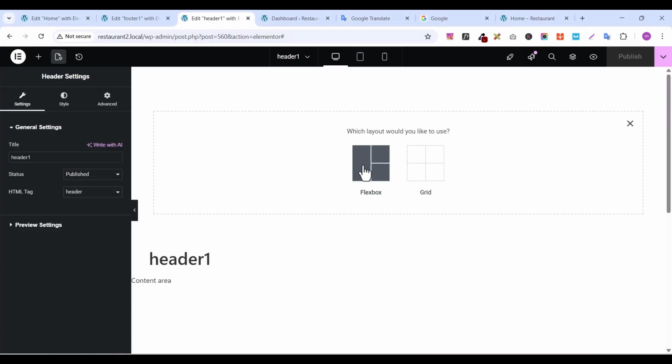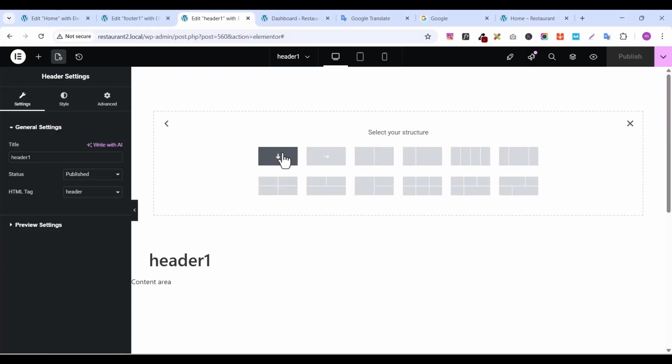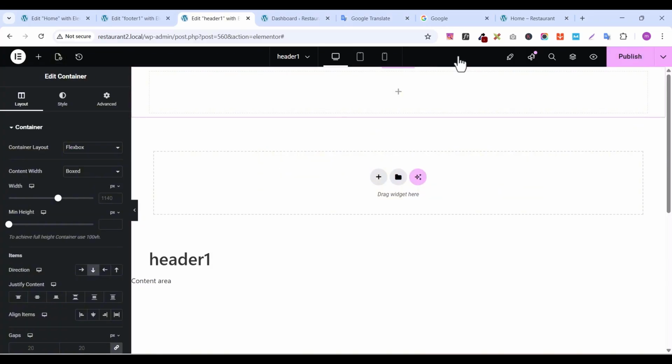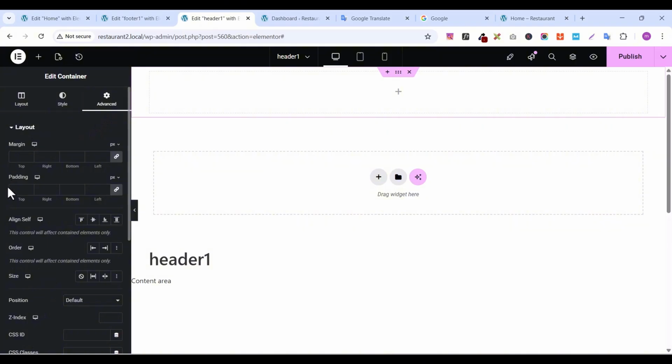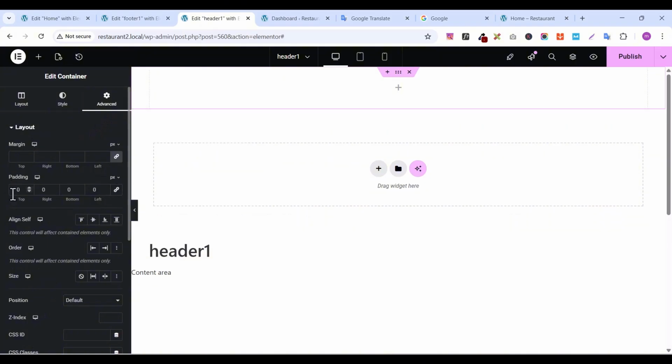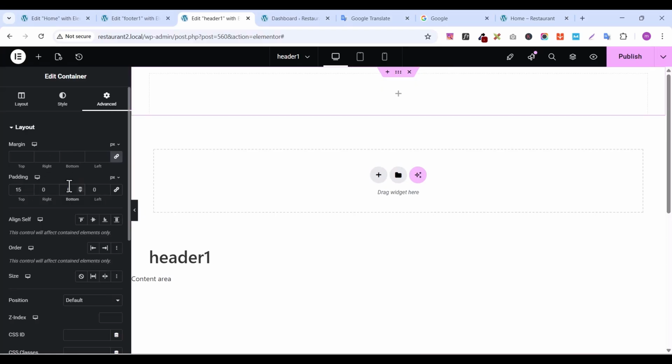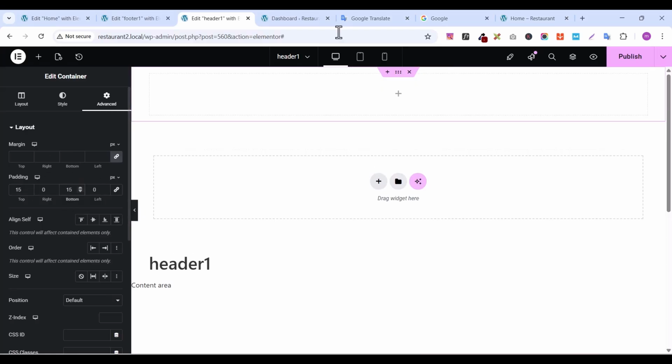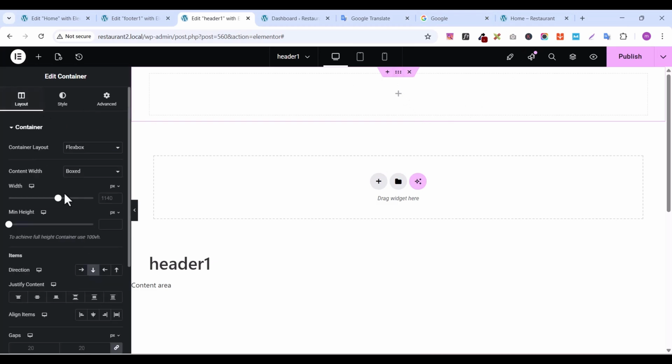It is going to take us to this flex box. Click on it and click on this first column. Okay, so select this section, go to advanced, on padding, and check this padding. Let's give it a custom padding of 15, bottom padding of 15, and let's select it. Let's go to layout, on width, let's give it a width of